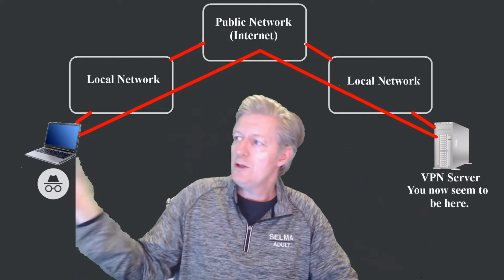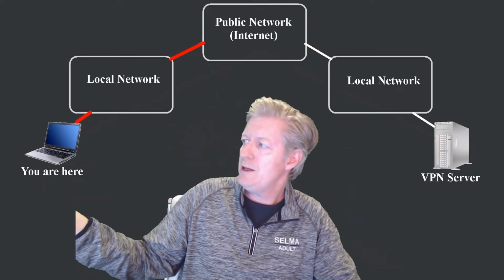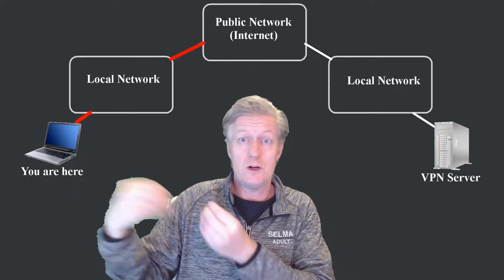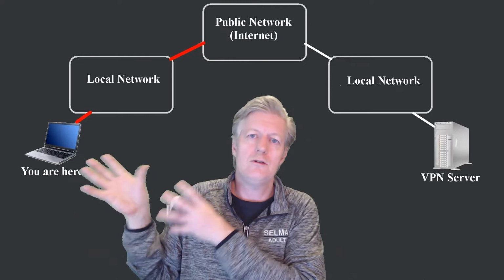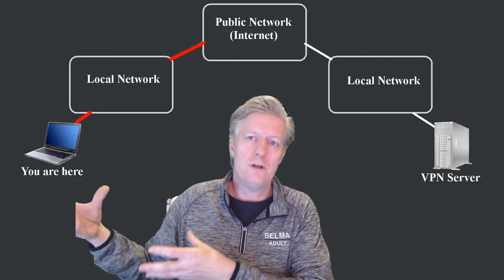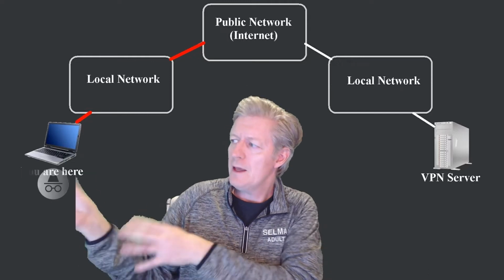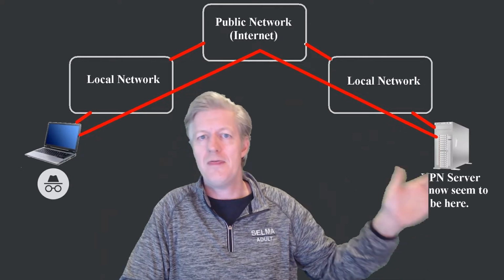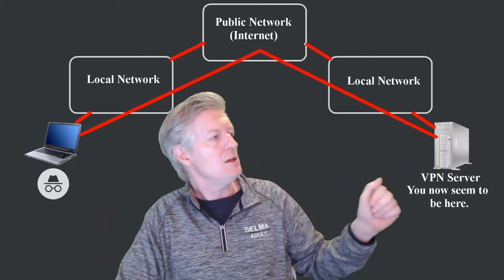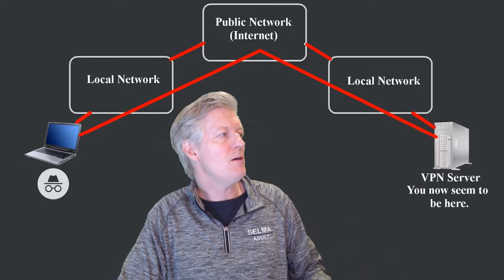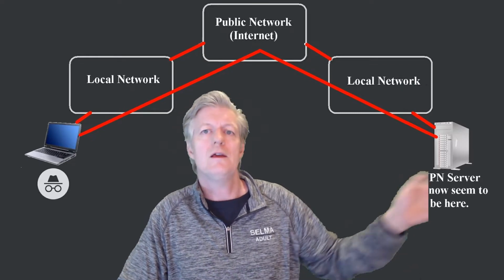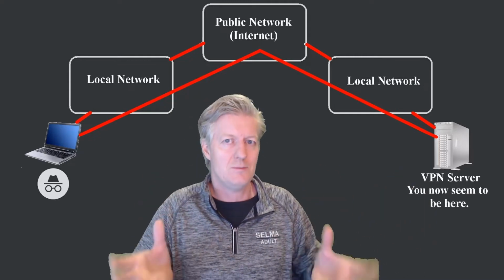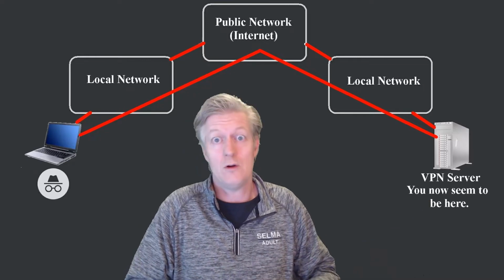So at one time, when you're over here, before you joined the VPN, your IP address would actually tell whoever you're communicating with on the internet your location, such as, well, you're in California, USA, or you're in Canada. Now that you're in the VPN, wherever that server is, that's where your location appears to be. So let's say that you chose a VPN that was in Spain. Well, guess what? Your location now appears to be in Spain. That is, your physical location actually appears to be in Spain. And you have an IP address to go along with that.